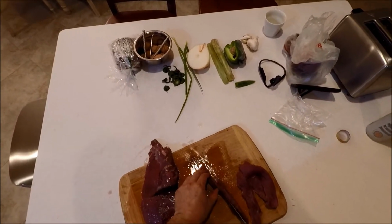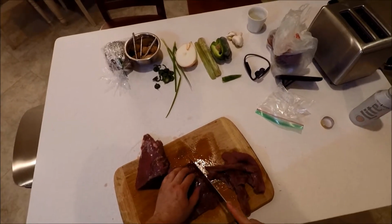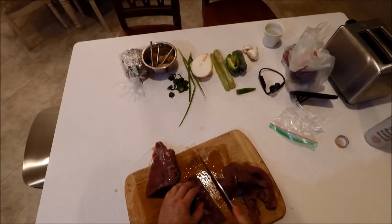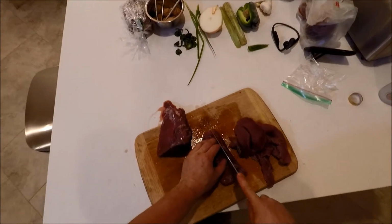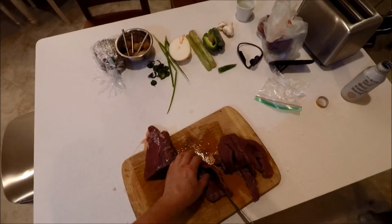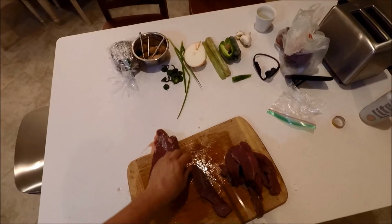I'm gonna cut it. So I'm gonna cut this in nice thin strips, and then I'm gonna dice it a little bit. Thing about this is you don't want your meat to be in big chunks. You can do it like that. You can, and it's okay. But